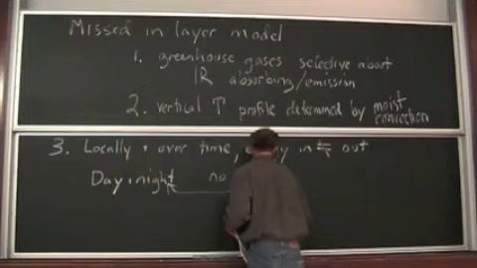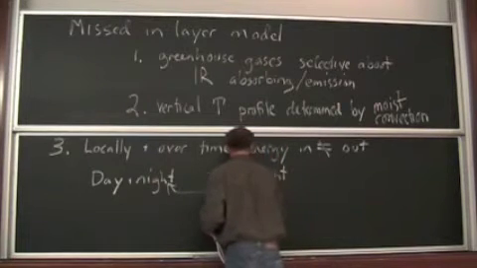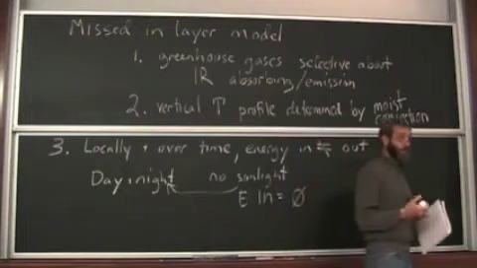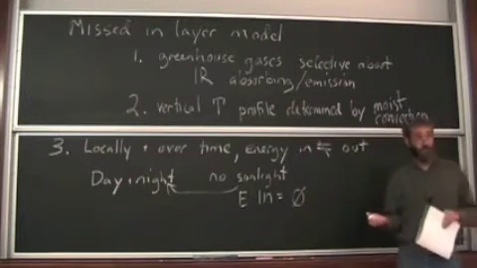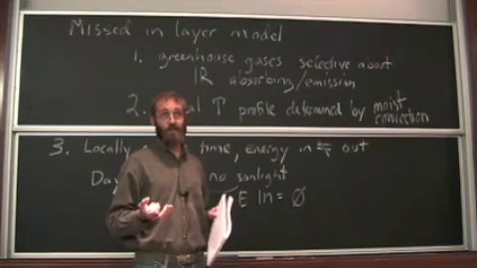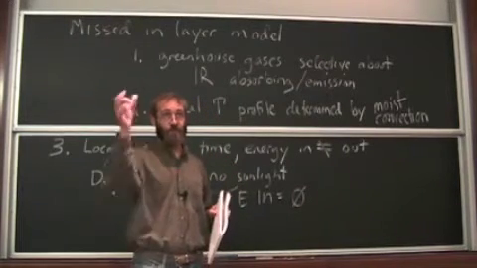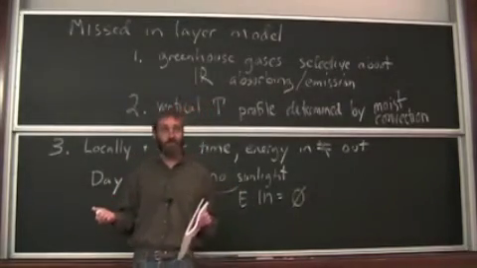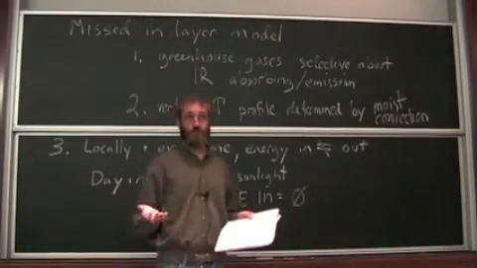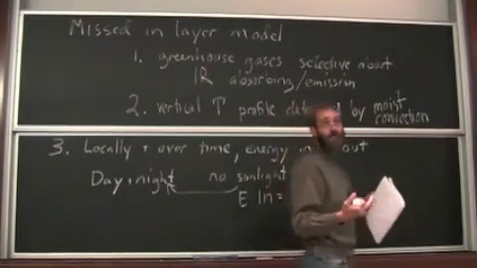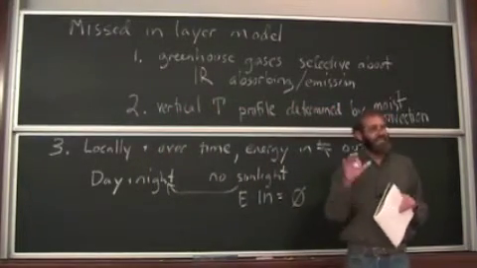So the energy in is equal to 0. And that's a lot like the question you did in the labs about what temperature is the dark side of the moon. If you want to balance the energy out equals 0, then the only way to do that if the energy out is sigma T to the fourth is to have the temperature 0. So what you calculated was that the temperature of the dark side of the moon ought to be absolute 0. And that's not exactly true.